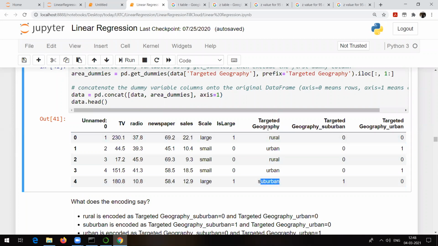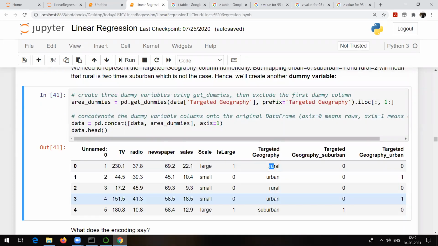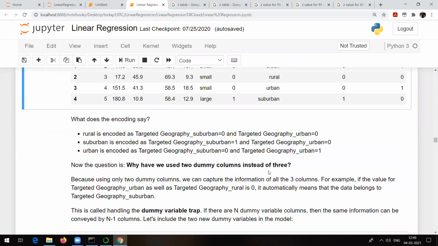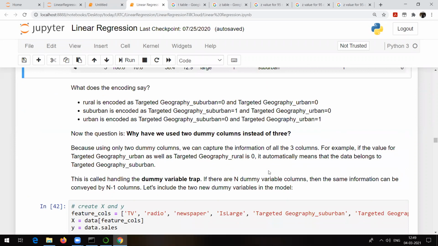My point is to make you understand how we handle categorical data where there are more than two categories. That's why I have given you this particular example. Many times, once you get to this particular node, only then people start understanding whatever I have explained. So I try to add everything needed in these nodes, even for the next algorithms. Dummy variable trap I have already explained to you.